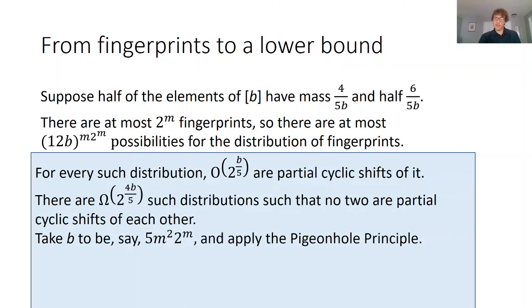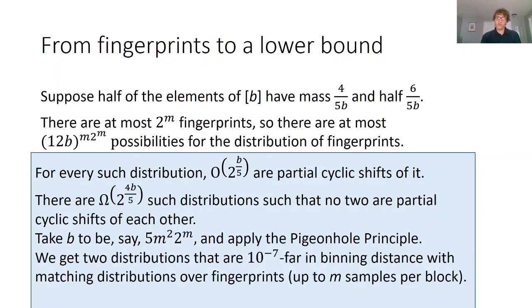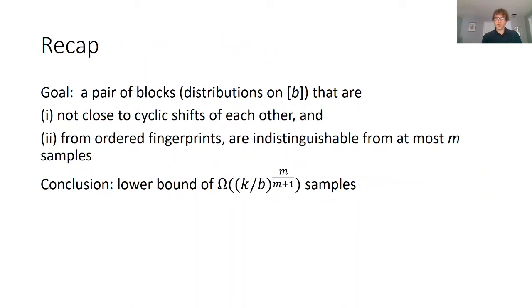So we'll take b again to be something like m squared times 2 to the m and apply the pigeonhole principle. And now we've covered all of our bases because now these distributions really are, with some work that we did not show here, going to be constant far in binning distance once we look at all of these things when we put the blocks together. And we'll have matching distributions over fingerprints, again, as long as we have up to m samples that lie in any single block. So if we go back to our goal conclusion slide from before,